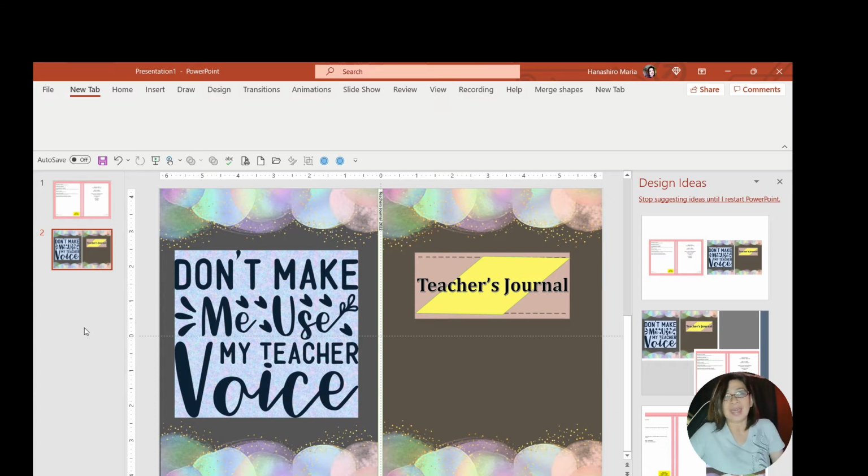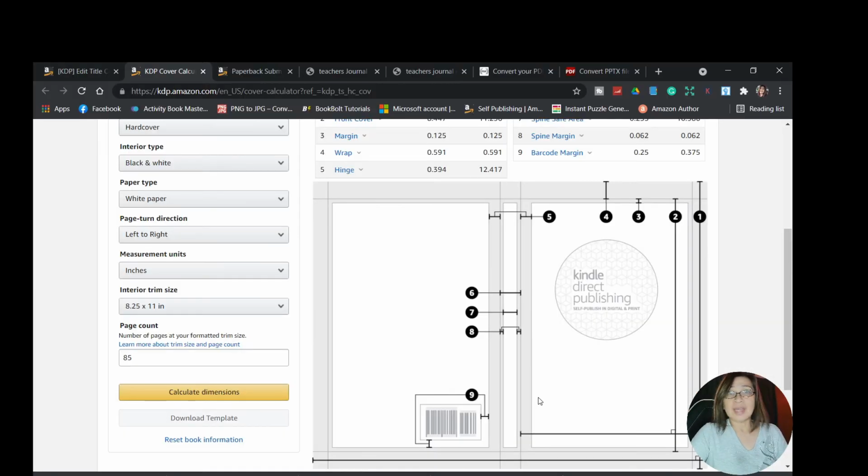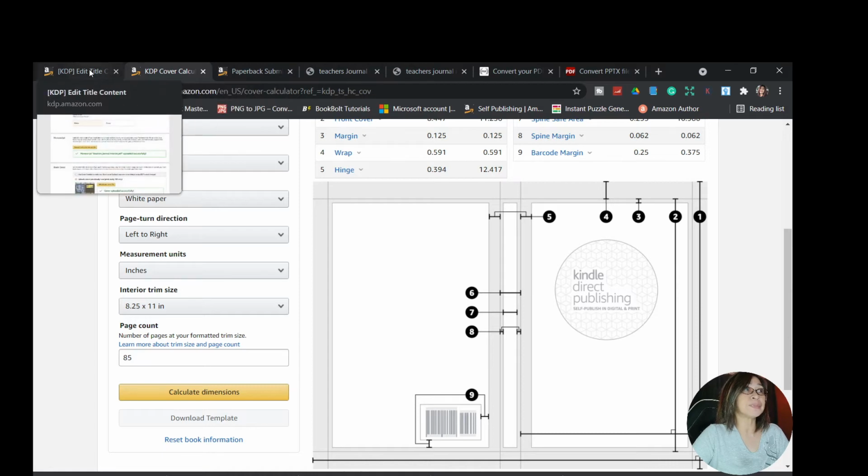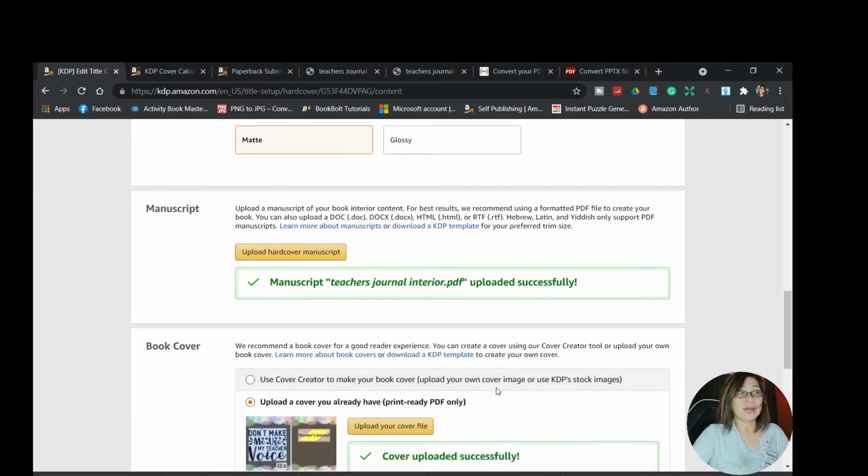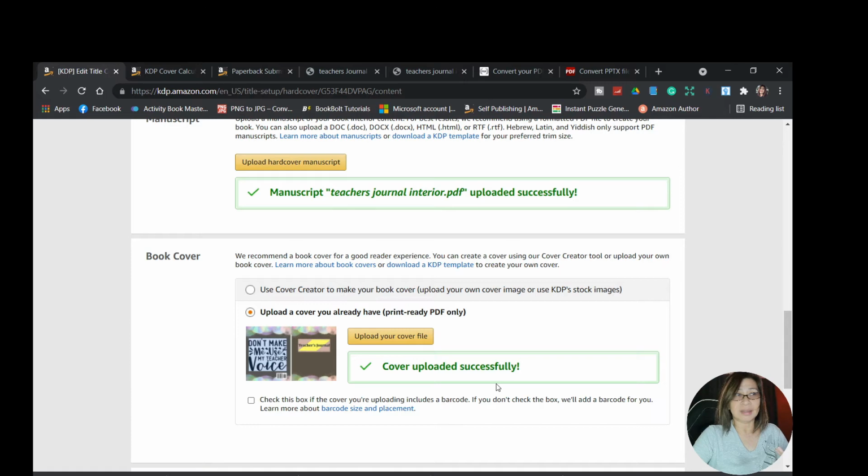All right, I think this is okay, so let's save this and try to upload it on KDP. No errors. So I think my hardcover is this. This is the hardcover of my paperback book for Teacher's Journal. So I just created a new size for the hardcover, and I'm going to save this one. Alright guys, now that we're done with that, we're going back to KDP, and I'm going to upload my hardcover again. Since I resized it,